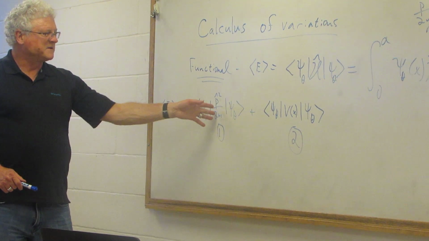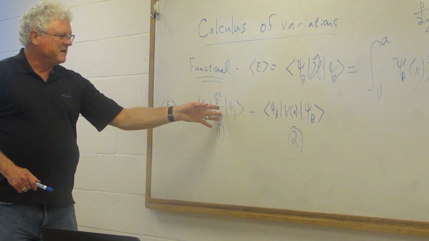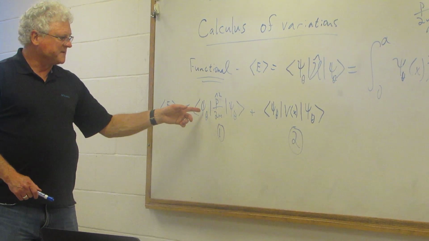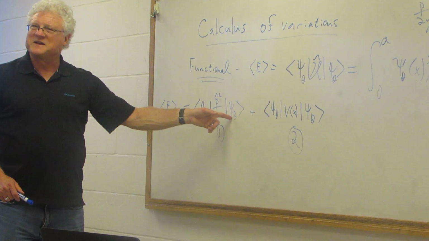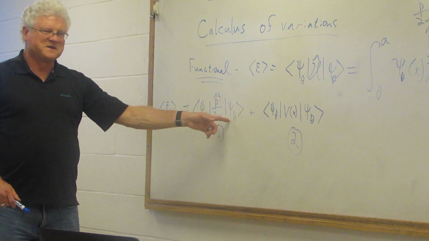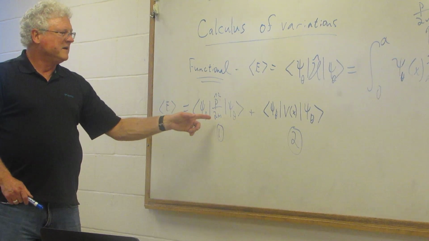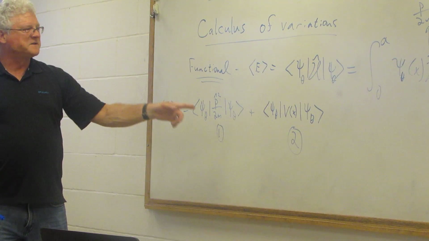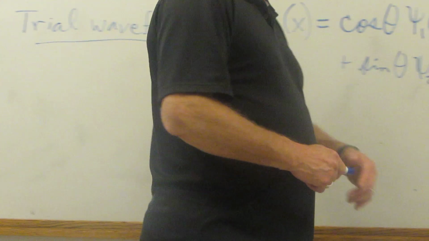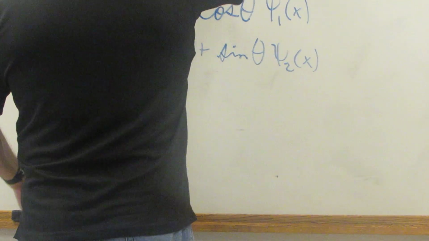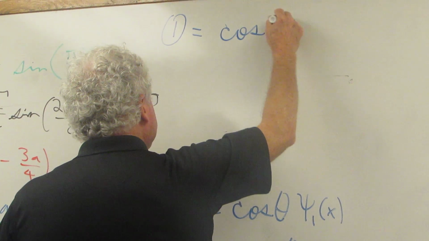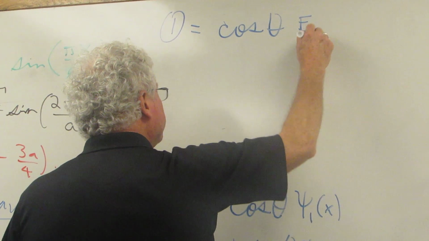But because these are energy eigenvalues, you can pull the energy eigenvalue outside, and remember that these are orthonormal. So when you have psi 1 coming up against psi 2, that gives you 0, and vice versa. The only terms that survive are psi 1 psi 1 and psi 2 psi 2, and those are normalized, so they're just 1. So what is that whole thing going to reduce down to? Term 1 is something I want you to work through. Make sure you understand that this makes sense. Term 1 is going to end up reducing down to nothing more than cosine of theta times the first energy eigenvalue, which is just